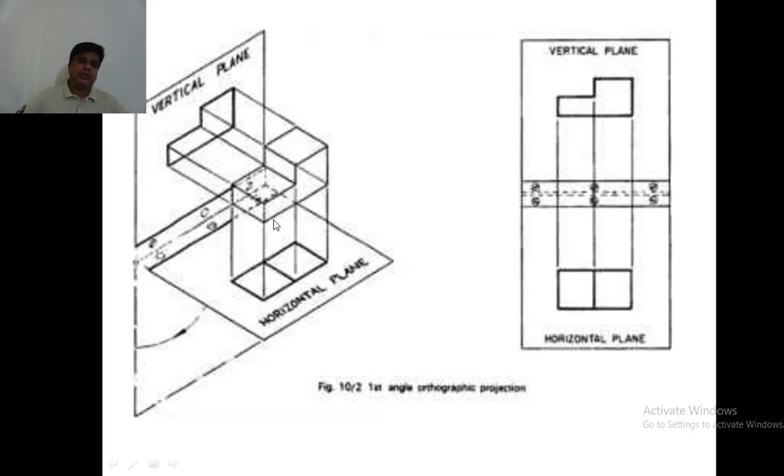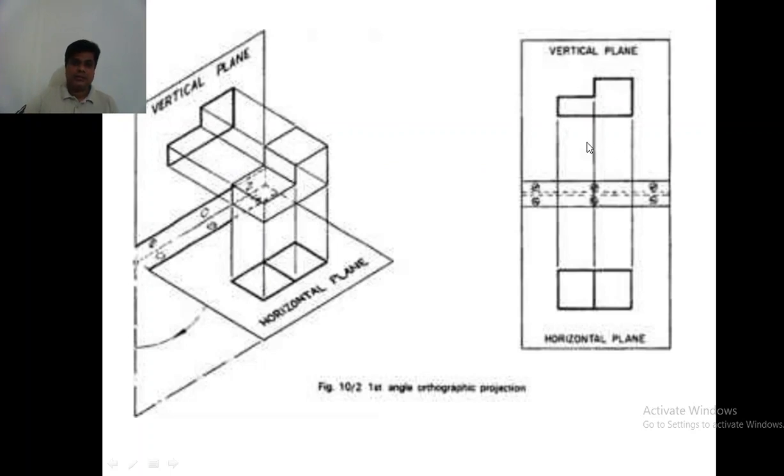So in this session we will be looking at how to draw orthographic projection of objects, particularly the planes. Here we have a solid object. To understand how the images will fall, you can see here the three-dimensional view of the first quadrant. But whenever you draw the vertical plane and horizontal plane, we will be drawing them on the drawing